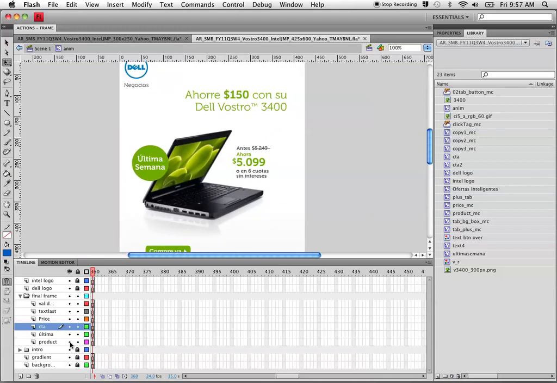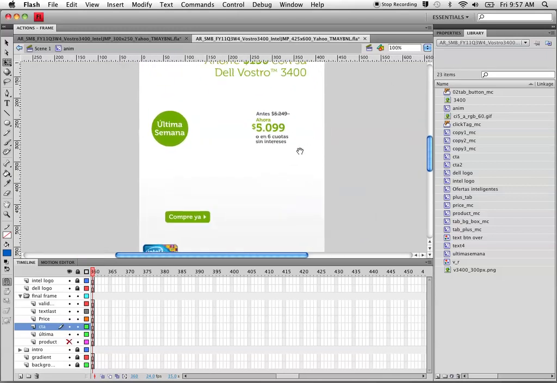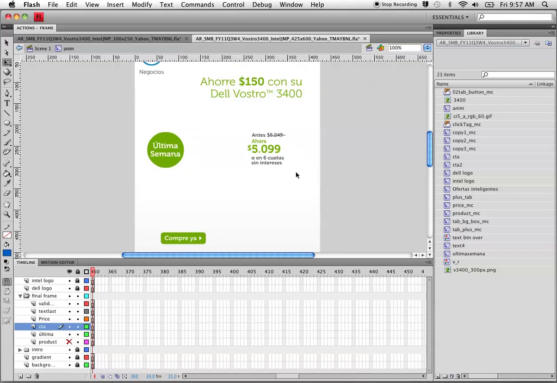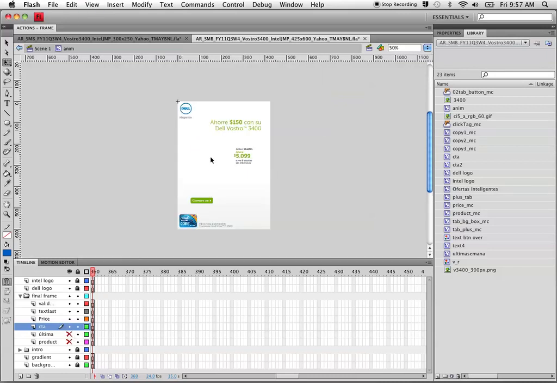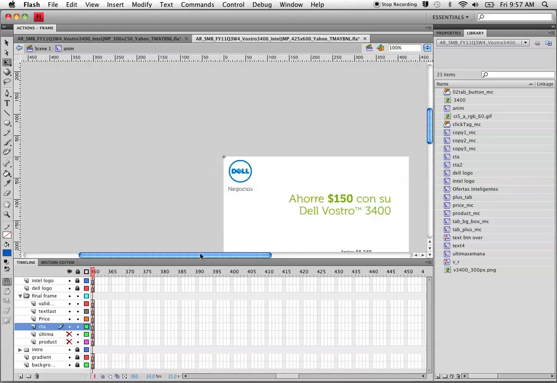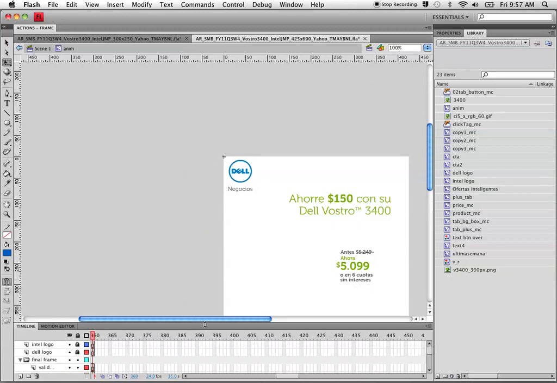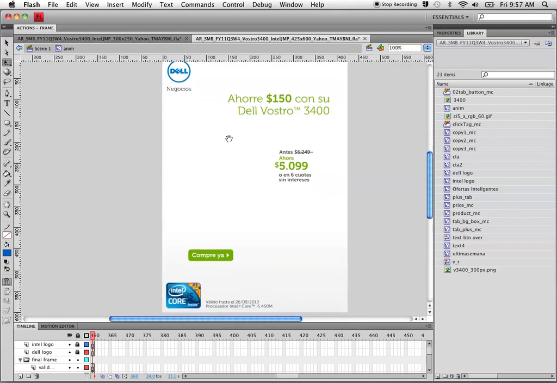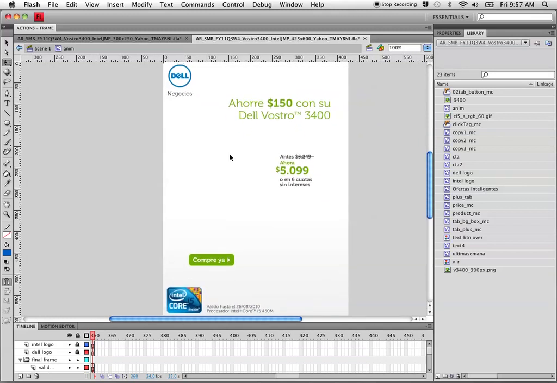Let's pretend that this is not here, right? And this is like I started doing my layout, moving things around, and this is pretty much the space that I have to work with. So what you can do is either get an idea of the space that you have by just looking at this at 100%, or you can do a screen capture of the space,